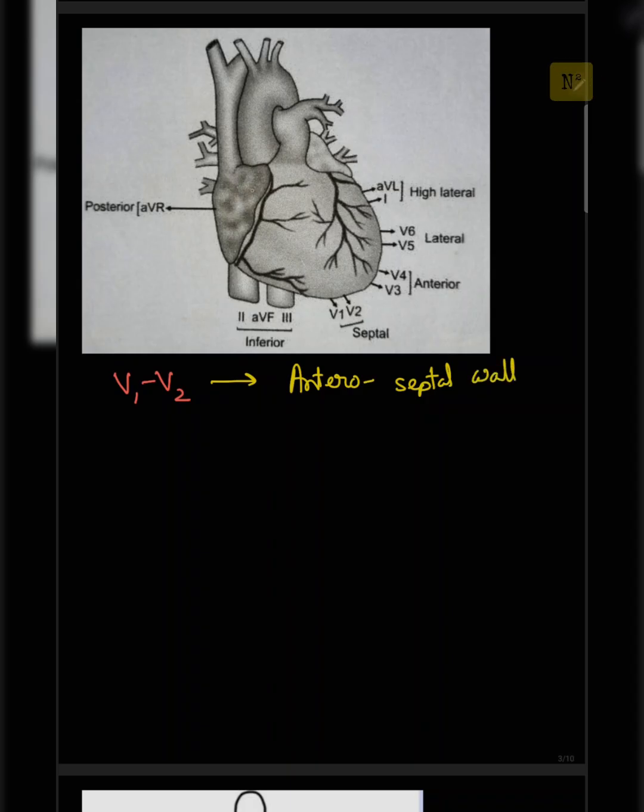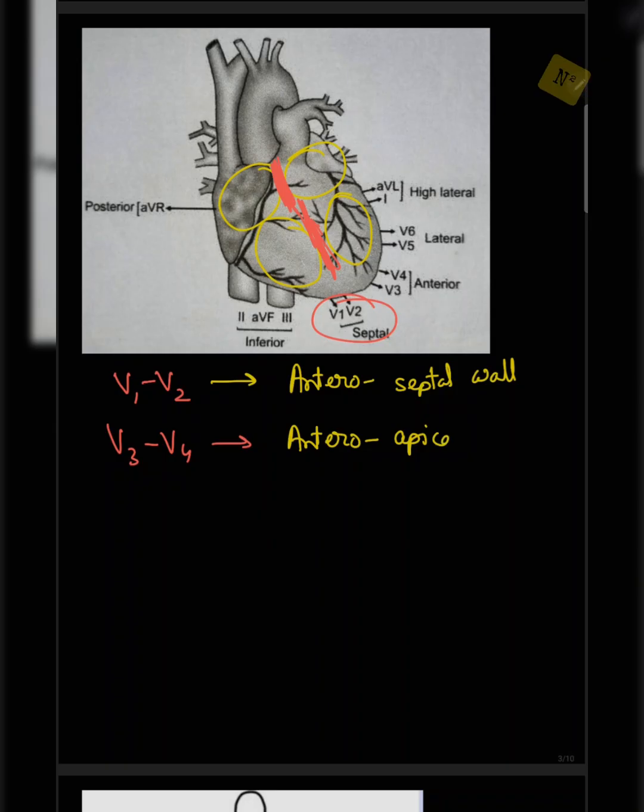So if there is this chamber, there is a right atrium, left atrium, then a right ventricle, left ventricle. So there will be an area joining the two chambers of the atria and the two chambers of the ventricles. These are called septa. So the anterior septal, the front part of the septal wall, if there is any problem, you will detect it in V1 and V2 leads. If there is abnormality in the V3 to V4 leads, then you will be able to see the abnormality in the